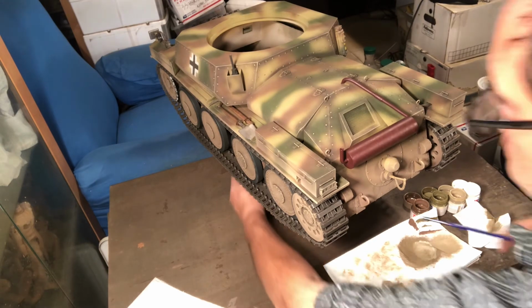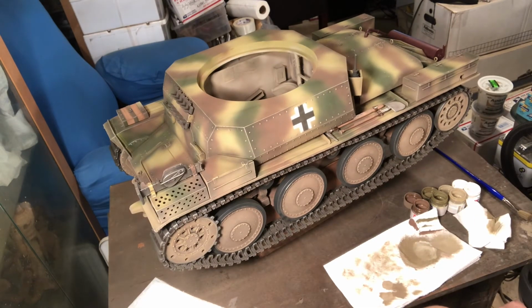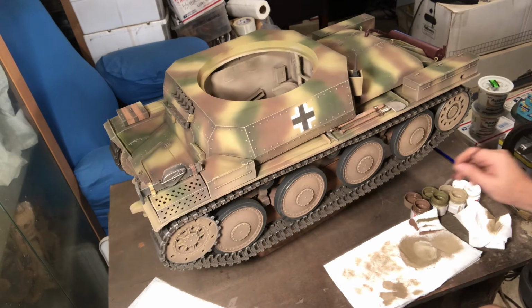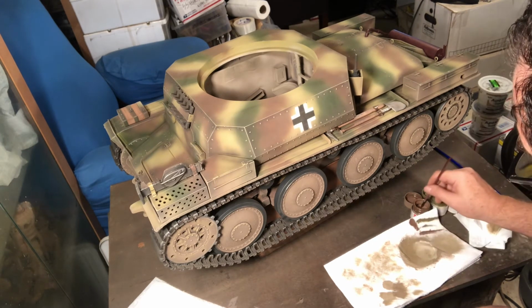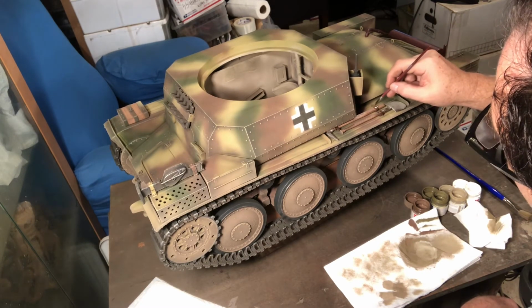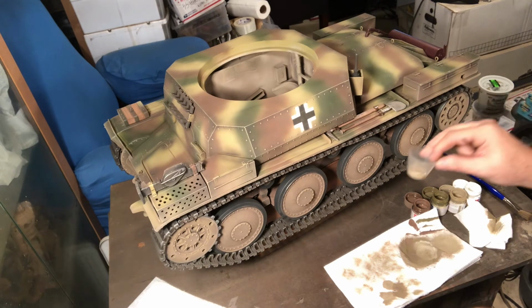I also might go with this weathering palette. I might go with a small brush, like this one. This is a 5.0. It doesn't have to be that small. This one, a 1. You know, go a little flat earth, a little khaki, or flat earth, and that color I can just dab in some small areas. Again, it's just for variety. I use this mixing cups